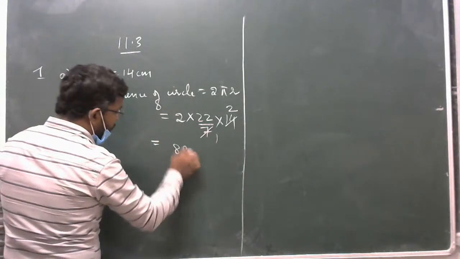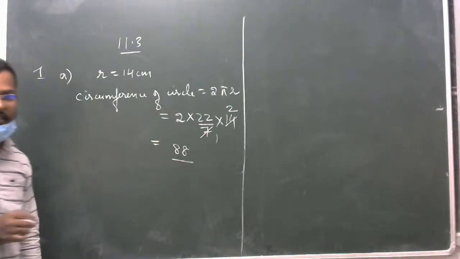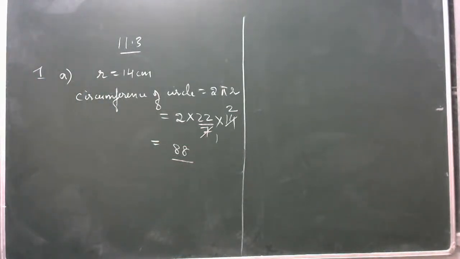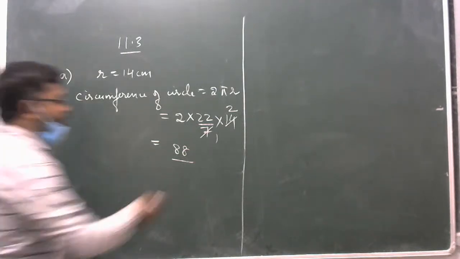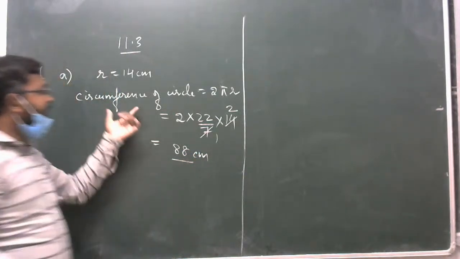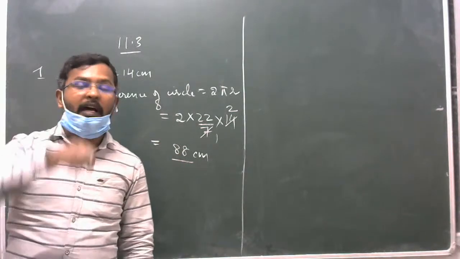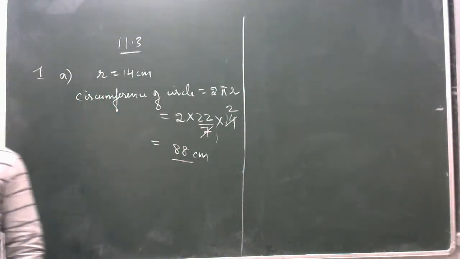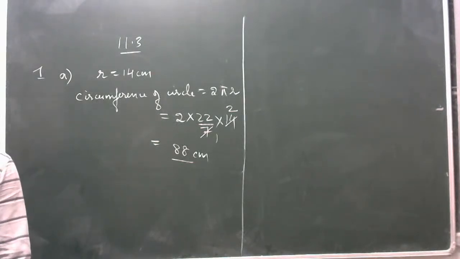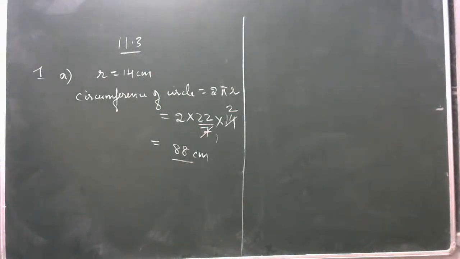88. So now after finding our answer, it should have some unit. What is the unit of this? Centimeter. We are finding a circumference, and circumference is nothing but the boundary, and the boundary will be measured in centimeter, meter, or whatever it may be. And if we are finding the area, it will come in centimeter square or meter square. Okay. So the next one is